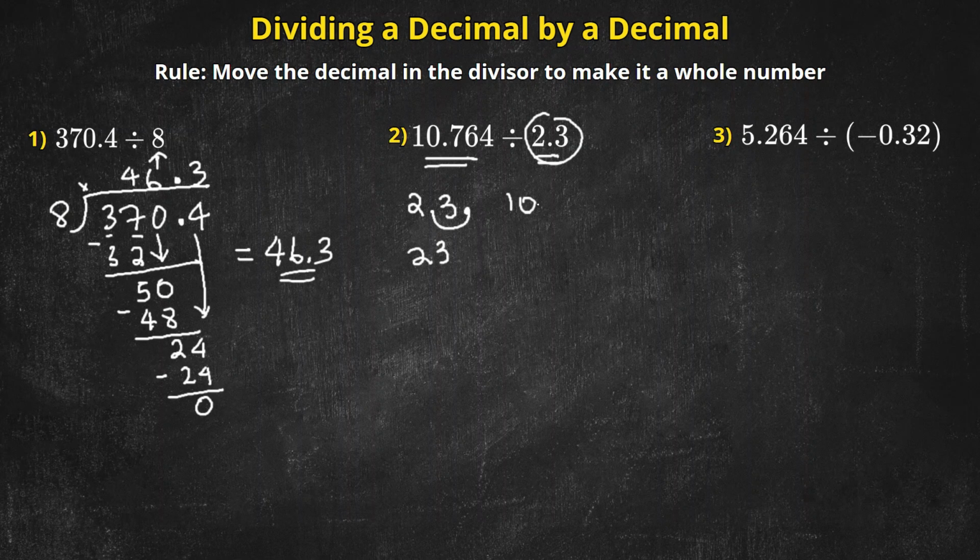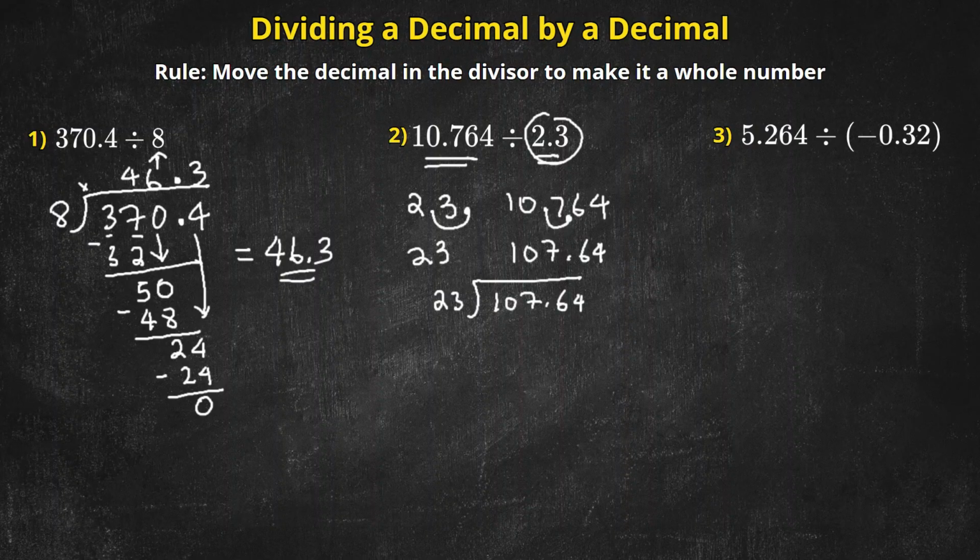So if you moved only one place towards the right, well, you only move one place towards the right. In this case, this number now becomes 107.64. And having that, we can go ahead and we can divide 23 and